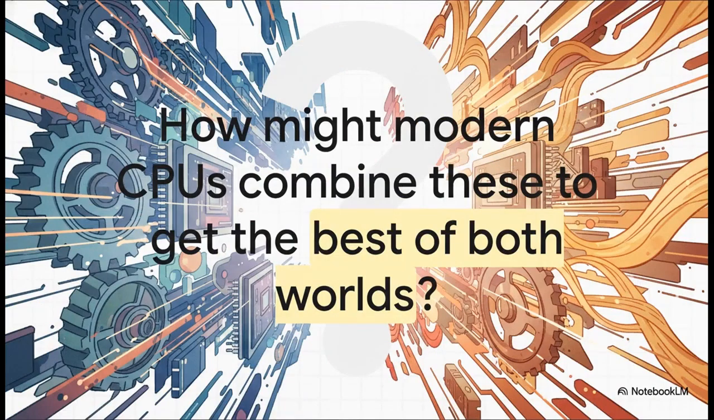And that leaves us with one last question to chew on. Modern CPUs, they're just unbelievably complex. They have to be insanely fast, but they also have to handle this huge, constantly evolving list of instructions. So, given these two very different approaches, how do you think